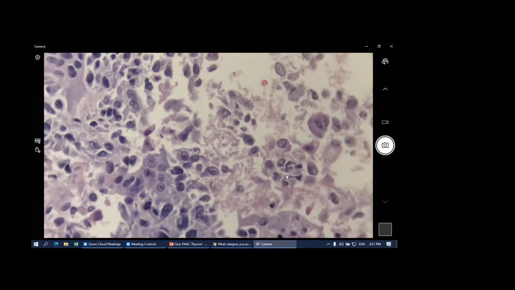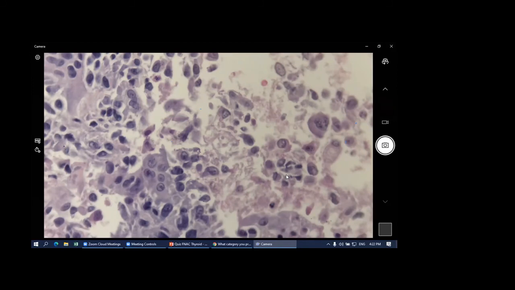Okay. So in this case, even though we have the cell block, there's no follow-up because the patient died already. I actually took this case to Bali to show to Prof. Andrew, and he agrees with me this is consistent with anaplastic carcinoma or poorly differentiated carcinoma, but we need to have a proper diagnosis based on the